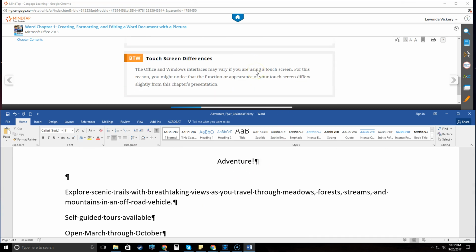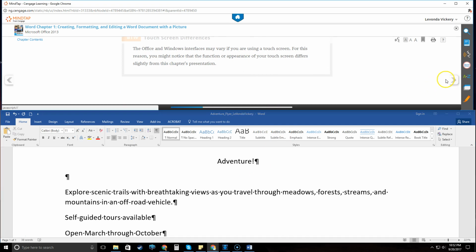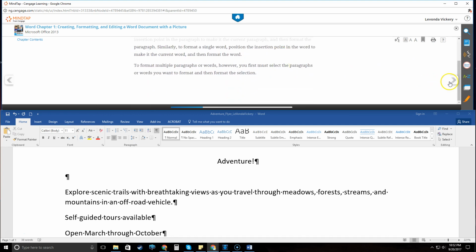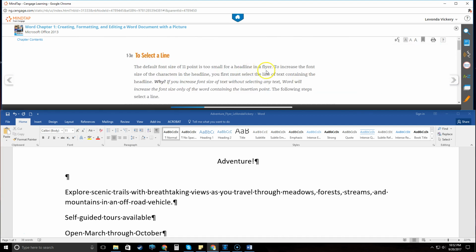So we did both of those steps and there's nothing else on that page. So we're going to hit next again. And now we are going to select multiple paragraphs and characters so that we can do some other modifications to them. So to select a line,